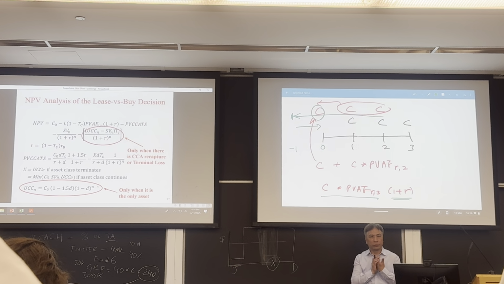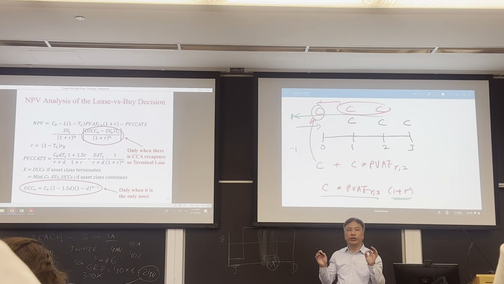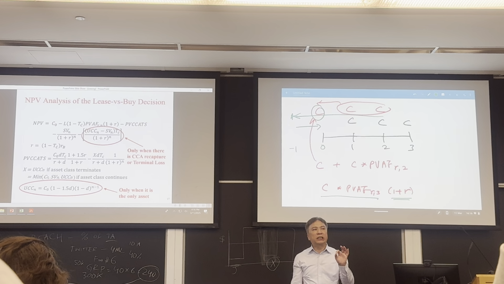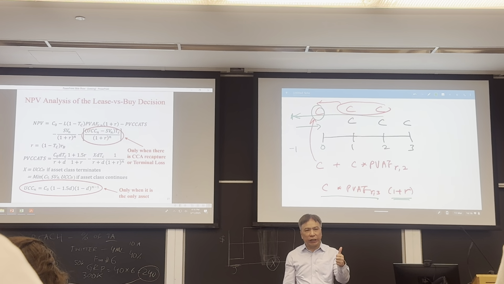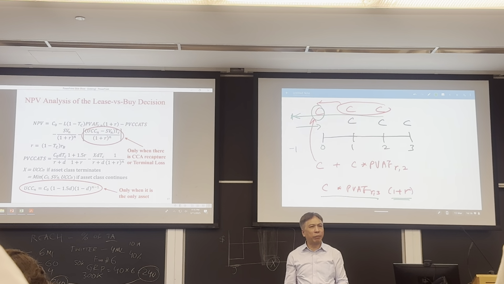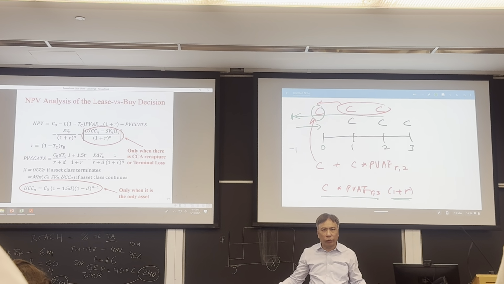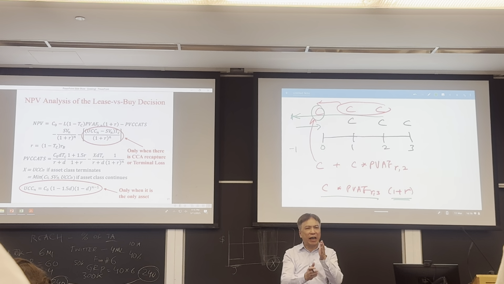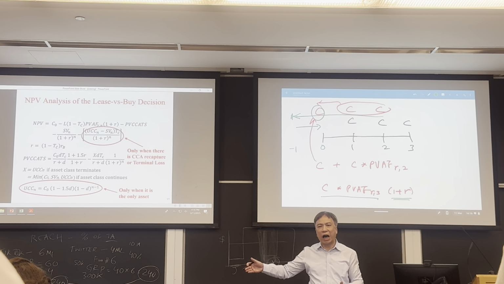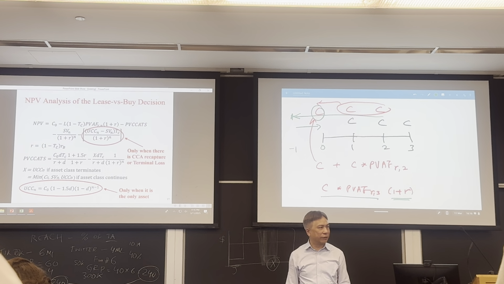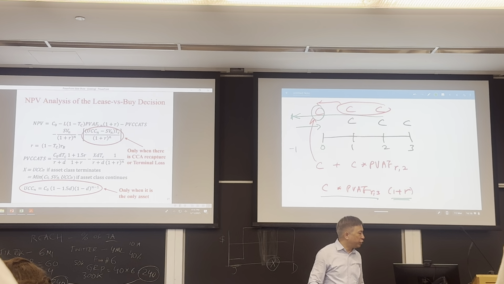But you want the present value at time 0, so that's why we need to compound it back to time 0. Now, the reason why I suggest you use this approach is this method works for annuity due, perpetuity due, growing annuity due, and growing perpetuity due. That means no matter what kind of cash flow, as long as they happen at the beginning of the period, you just multiply by 1 plus R, then you will get the answer. Now if you use the other method,